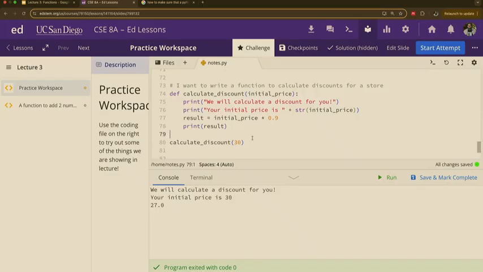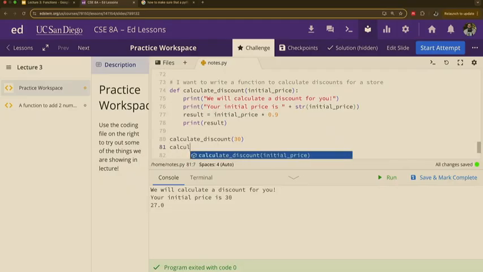So now instead of having to copy paste all of this anytime we wanted to calculate a discount, instead of copy pasting it with 30, copy pasting it with 40, 50, right? Now we can just say calculate discount, calculate discount again. And now let's do a different number. What number do you want, Shahui? Any number you want. Very large even.